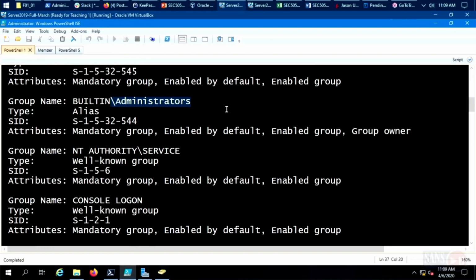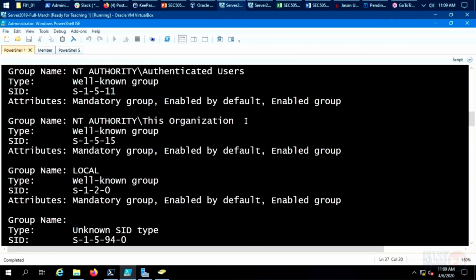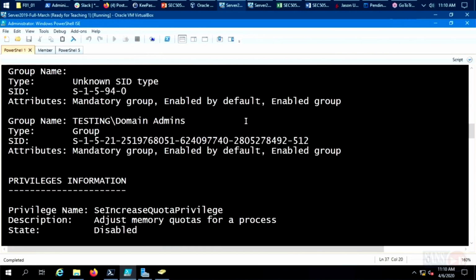Now again, this user account doesn't actually physically exist, so if you examine the current membership of the administrators group, you will not find this virtual account in the administrators group. So it's treated as though it's a member of the group, but it's not actually a member of the group. And if I scroll down a little bit further, yikes, look at this. Because this endpoint was created on a domain controller, this virtual account is also considered to be a member of